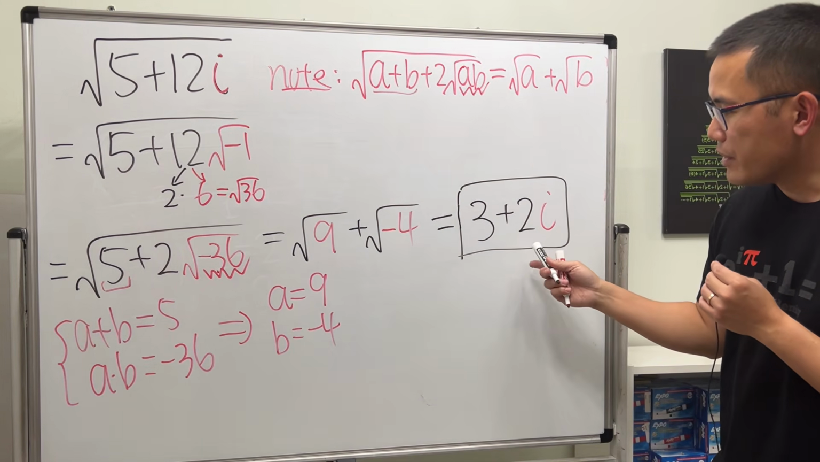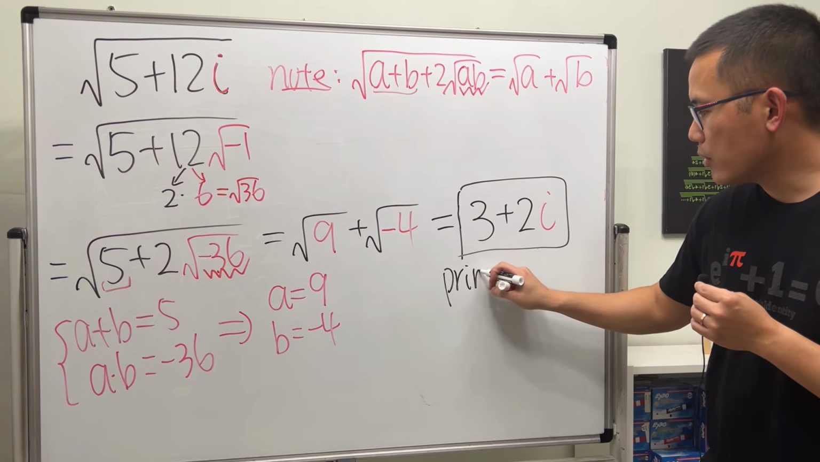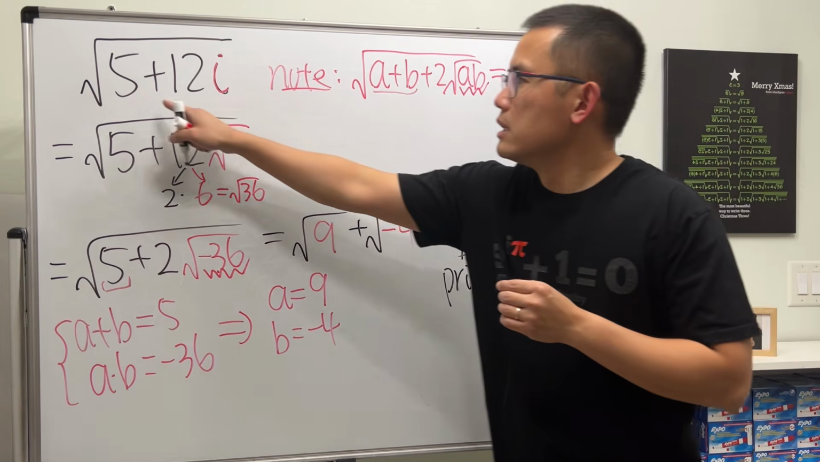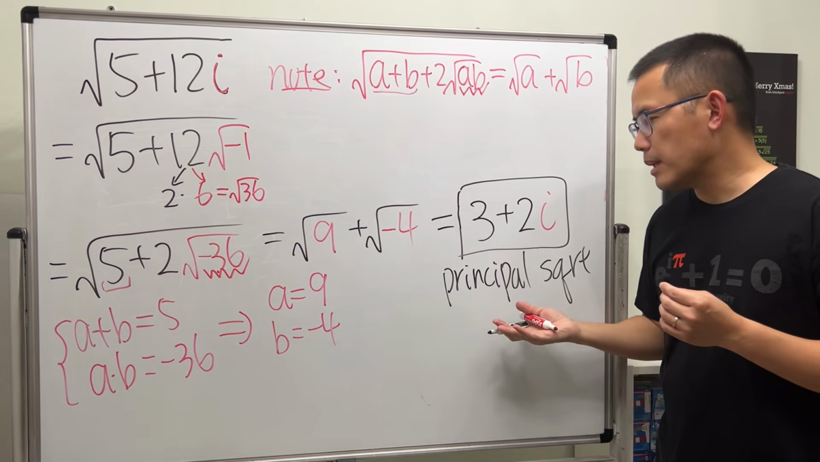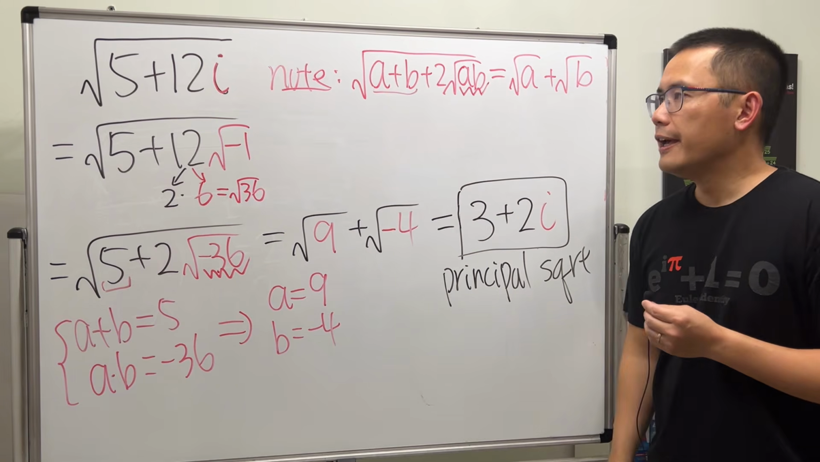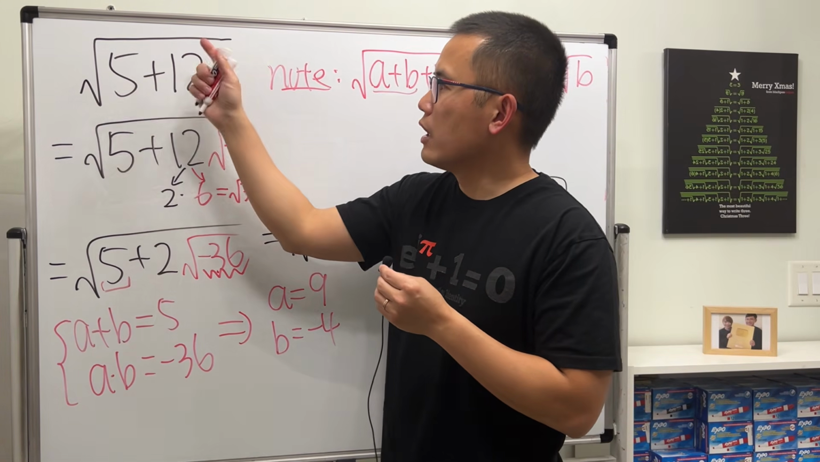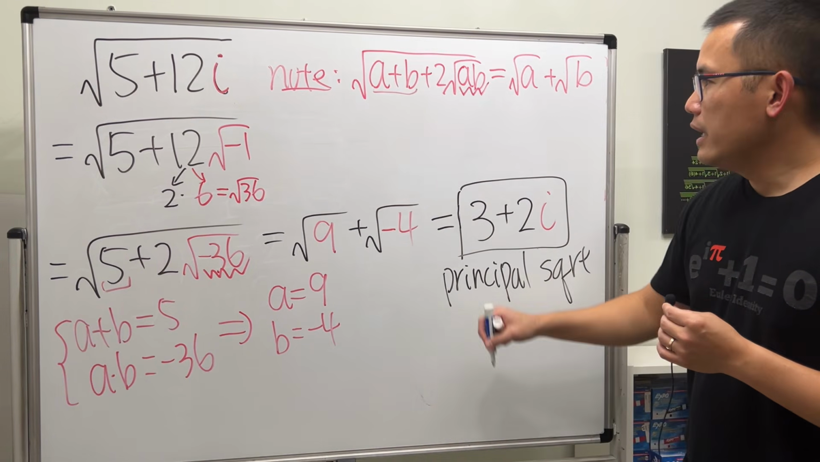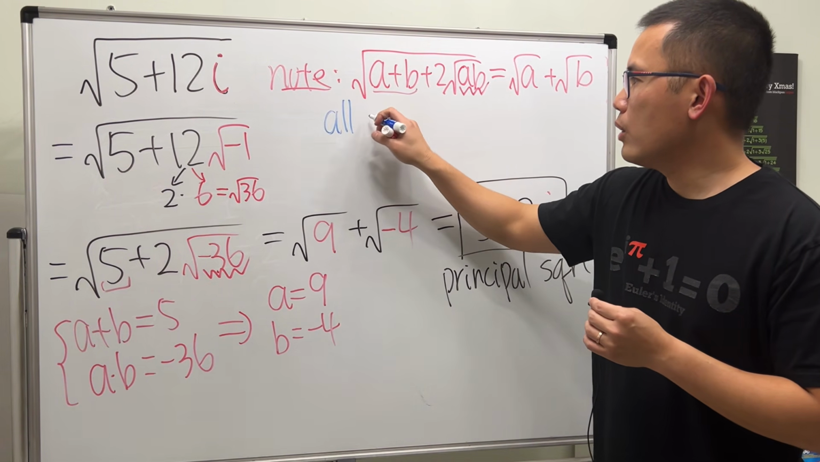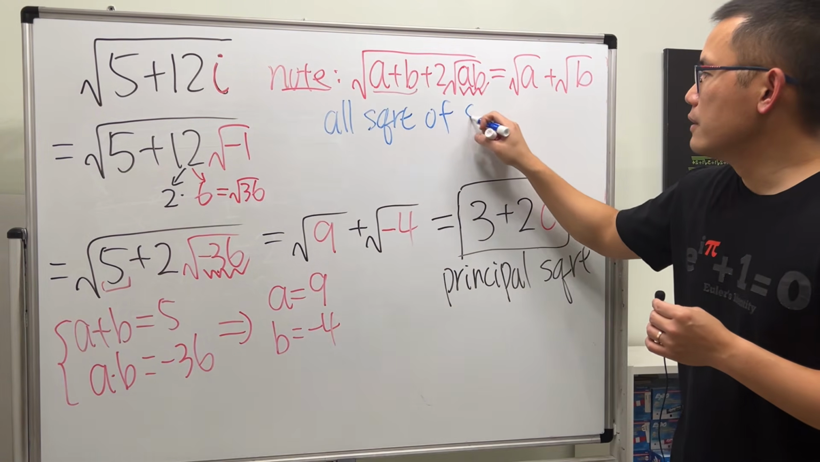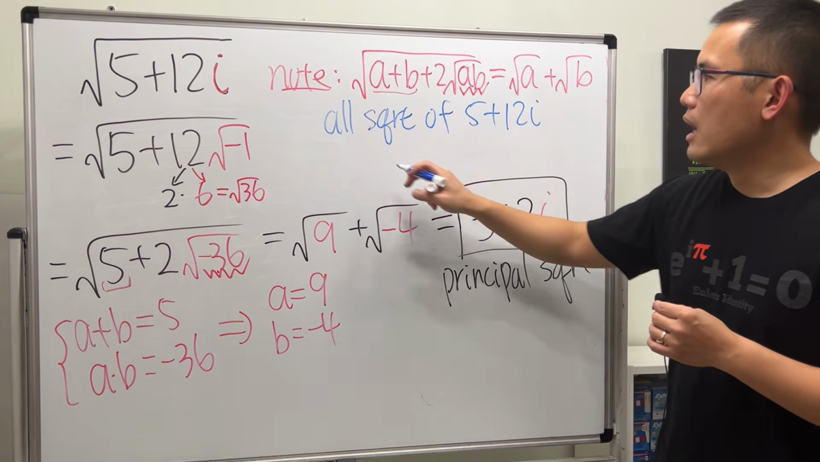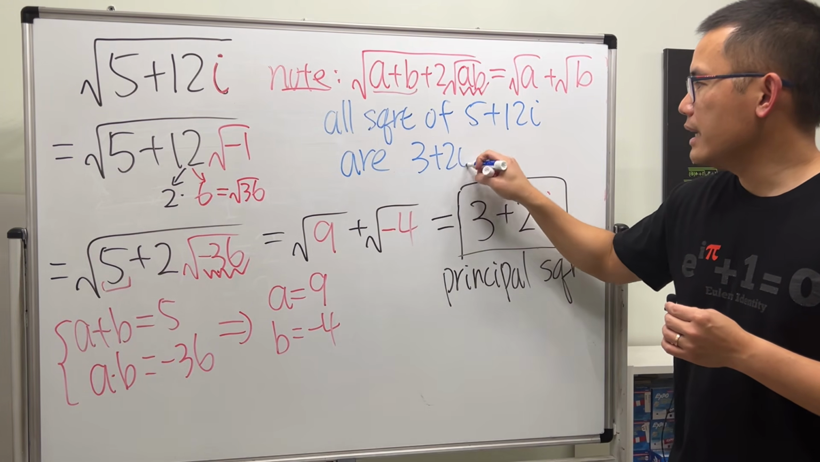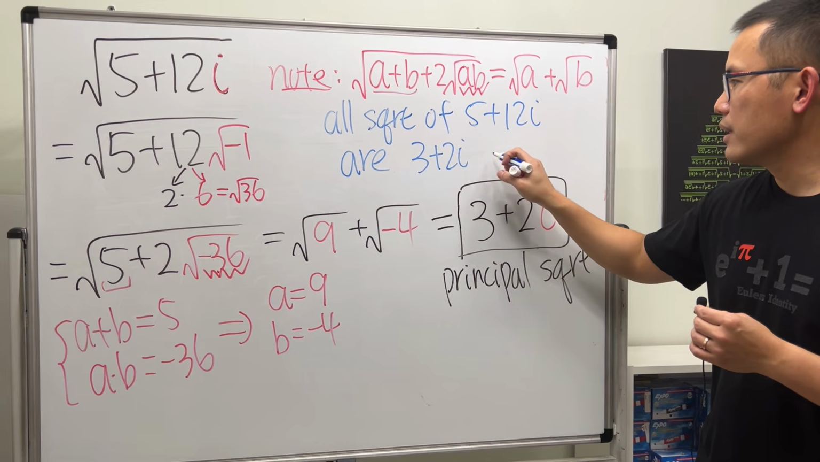Now, here is a small technical part I wanted to mention. The answer that we have here is called the principal square root of this complex number. And you can just think about this as like the first answer. In fact, if you're taking the square root of a complex number, some people may want you to find all the square roots. In that case, I will tell you all the square roots of this complex number, 5 plus 12i, are both this version, 3 plus 2i, and also the negative version,